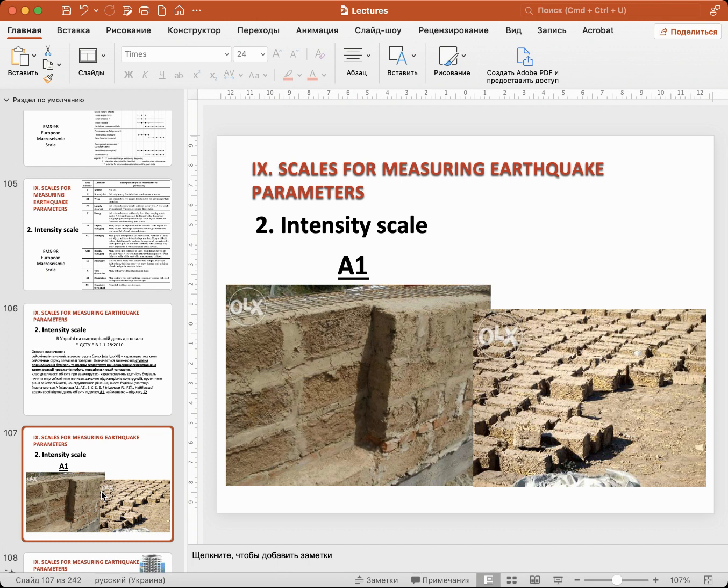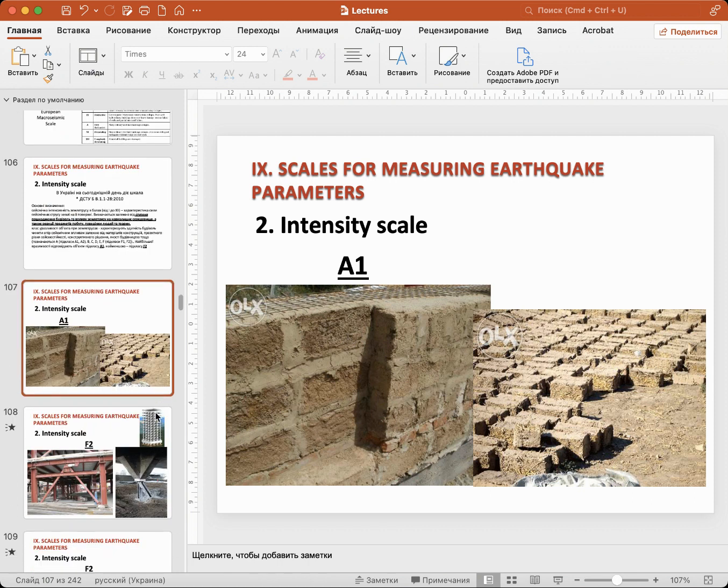And here is the Ukrainian situation. In Ukraine, we have an additional vulnerability class. If we talk about classes A to F in EMS, then in DBN we have an additional class A1. It is the worst case, the most vulnerable buildings, made of adobe, stone, or